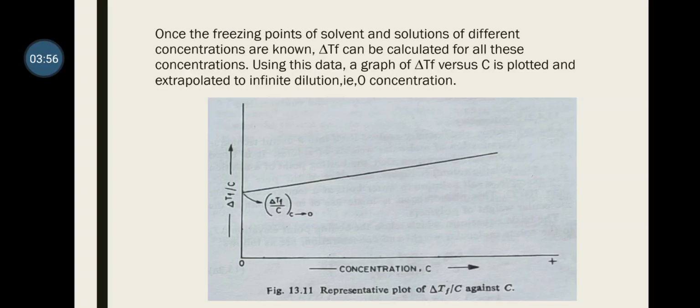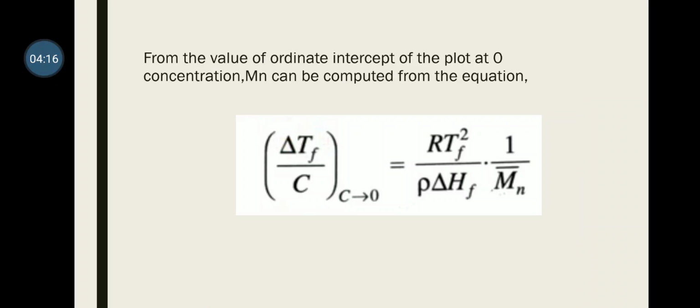Using this data, a graph of delta Tf versus C is plotted and extrapolated to infinite dilution, that is 0 concentration. This point indicates 0 concentration, and from the value of the ordinate intercept of the plot at 0 concentration, Mn can be computed from the equation delta Tf by C, where C tends to 0, equals RTf square by rho delta Hf into 1 by Mn